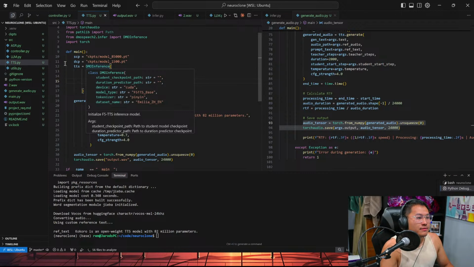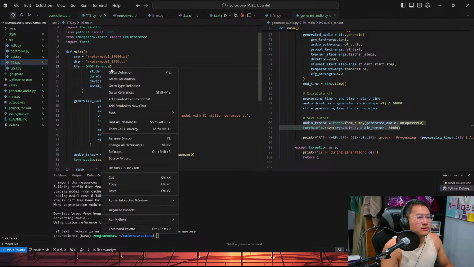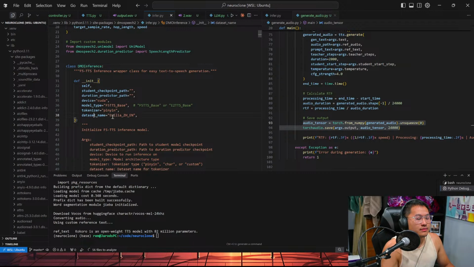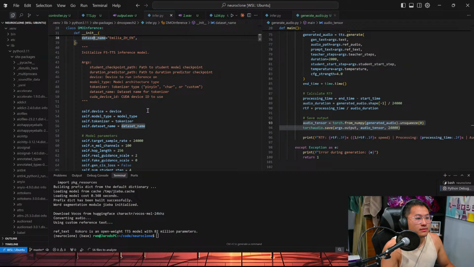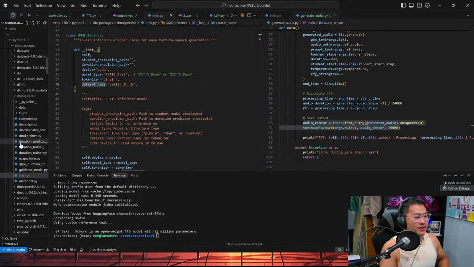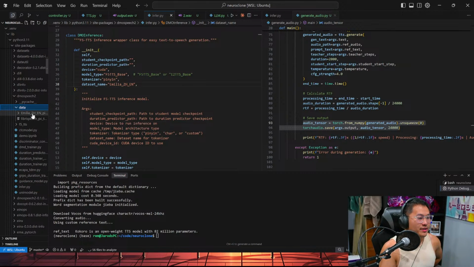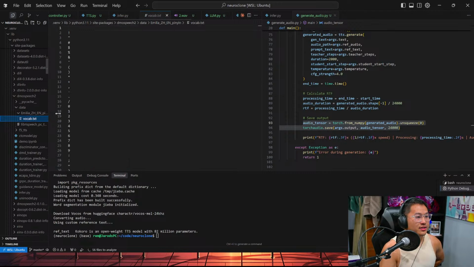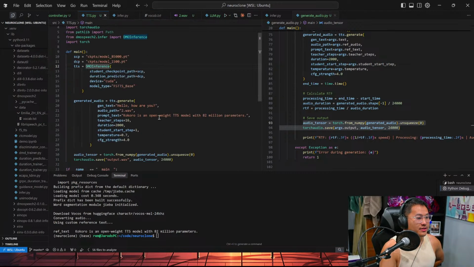I think tokenize a name. I was like, this should be working for the most part. There's probably some debugging stuff that will need to be done here for this to get working, but